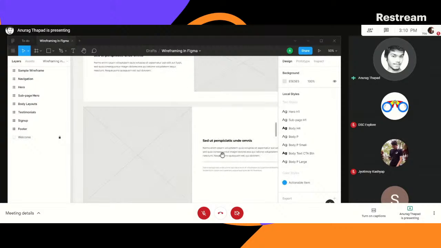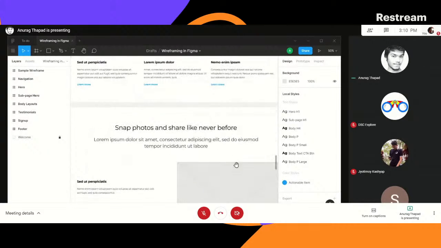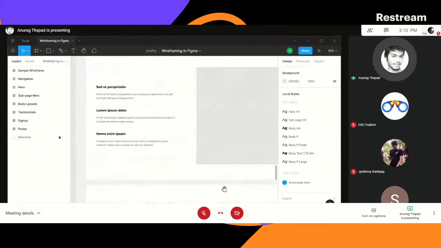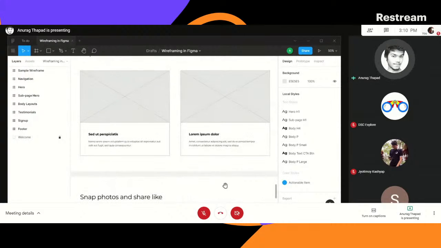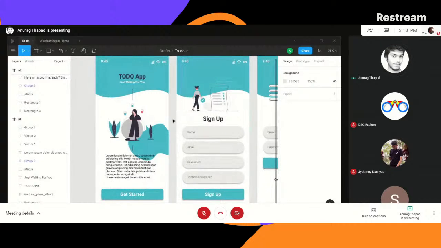So we'll directly go through the final UI layout or prototype that will look something like this. So the first thing we have to create is